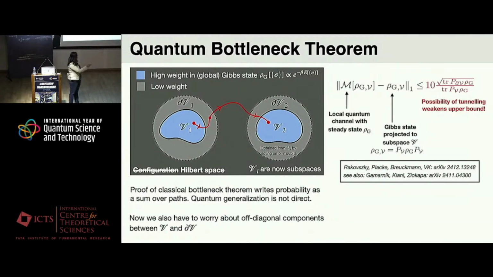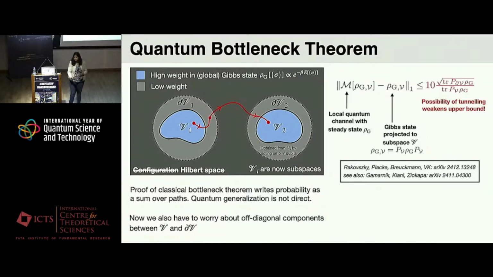And this is weaker than the classical bottleneck theorem. There's a square root here because you have to take into account the probability of tunneling between these different states. And the proof of the classical bottleneck theorem is just a sum over paths. But here, your quantum generalization is not direct because you have to worry about interference effects and so on, and off-diagonal components between V and the bottleneck. Anyway, we did all of this, and we got this quantum bottleneck theorem, which we can now use to define